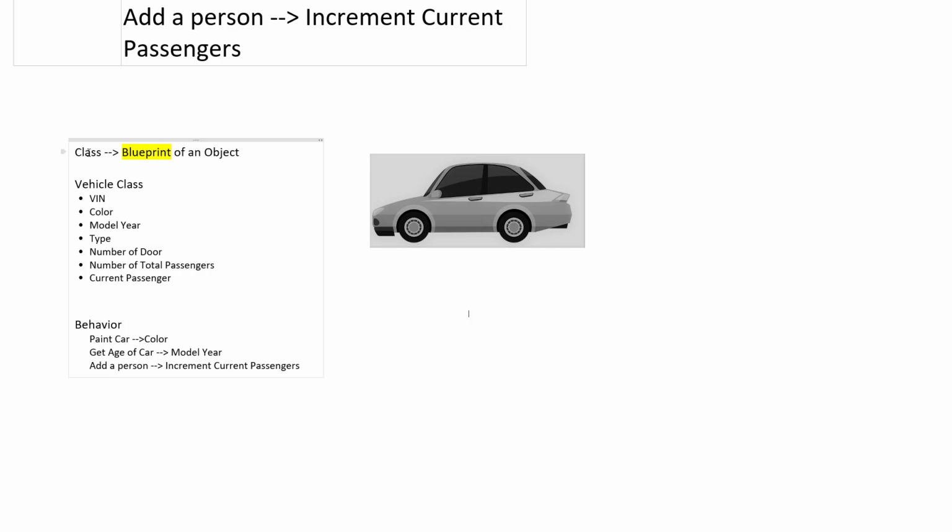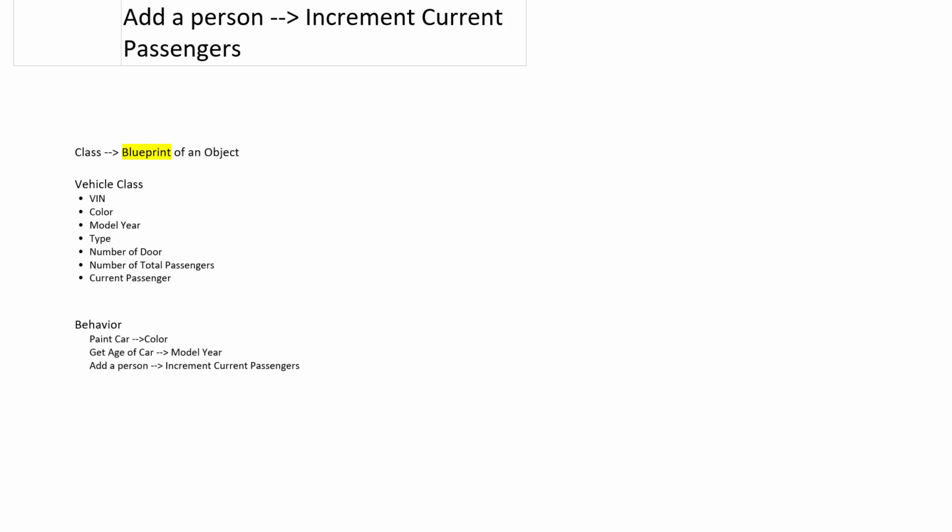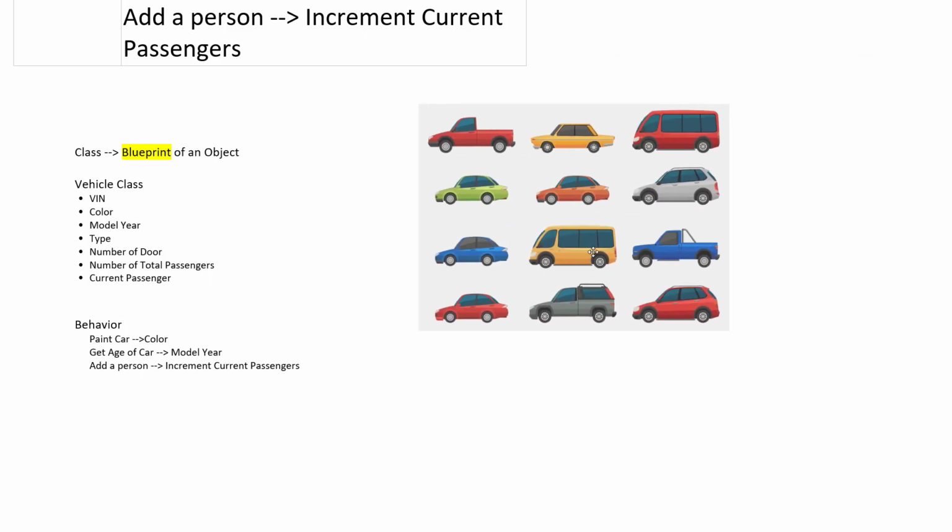Well, why do I care? Why wouldn't I just create the object, assign it these variables or descriptions, attributes to describe it? Why wouldn't I just do it that way? Well, you could actually. I could create an individual object and have that object have a whole bunch of attributes, and I'd be there ready to go. Well, the reason not to do that is we could actually use this vehicle object to